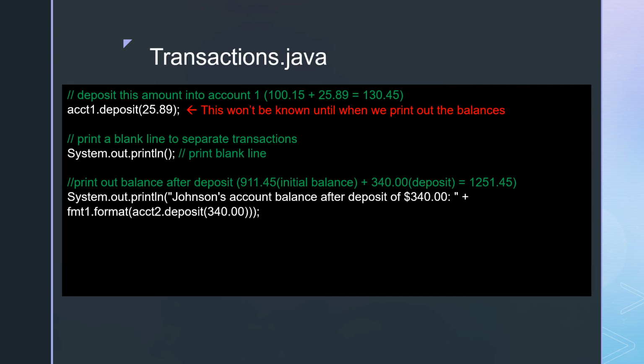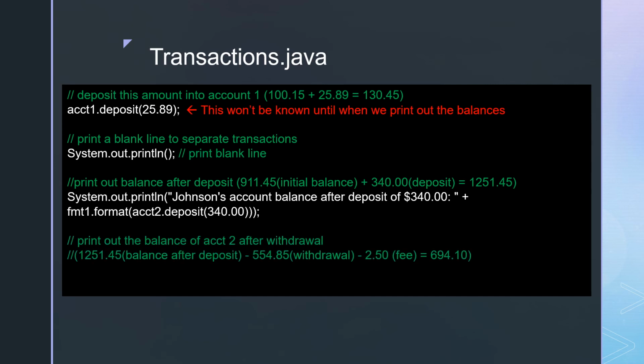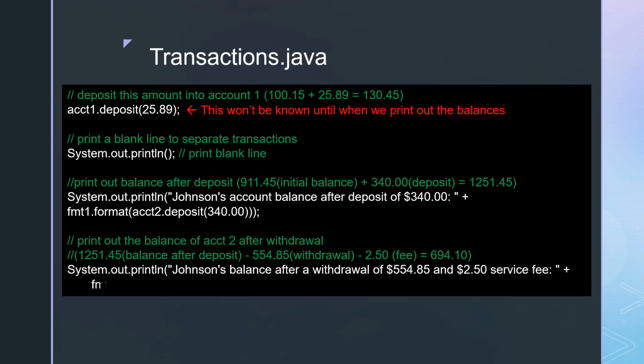Now we will create a withdrawal. To do this, similar to the deposit method, we just replace deposit with withdrawal and enter in the 2 parameters, the first being the amount of the withdrawal and the second the fee in which we are charging to make the withdrawal. So we'll type System.out.println("Johnson's balance after the withdrawal of $554.85 and $2.50 service fee" plus FMT1.format(ACCT2.withdrawal(554.85,